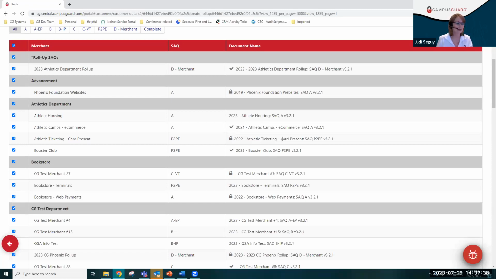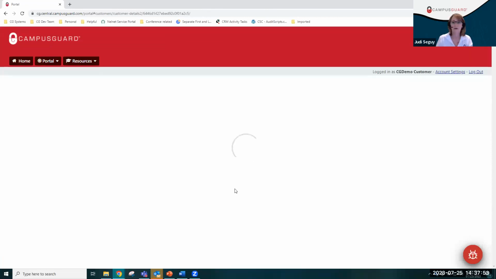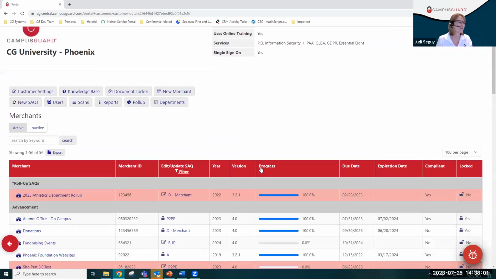But my athletic ticketing, as you know, has been finalized. So I've got my lock, right? So at any point now, you will know what you're including and all of that. Now, I'm not going to show you this real quick because right now it does take a few minutes to run, and I don't have 60 to 90 seconds of talking for you, so I'm just going to show you what happens behind the scenes, once you make that choice and you pick and choose who you want to include,